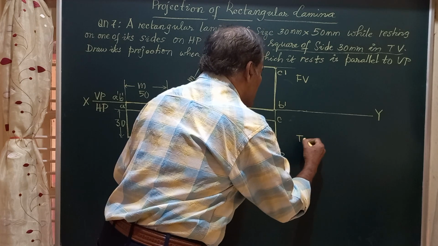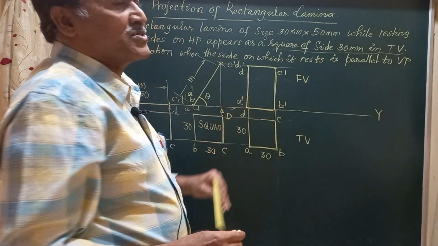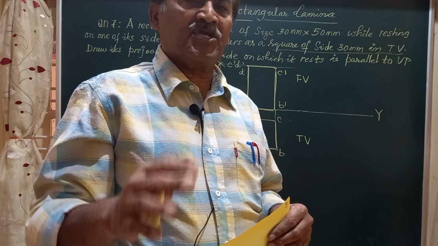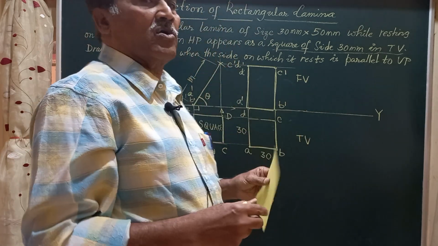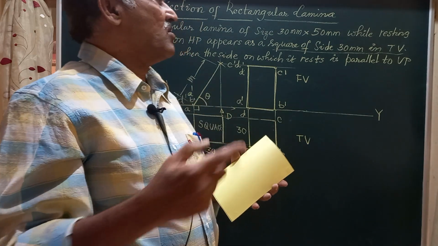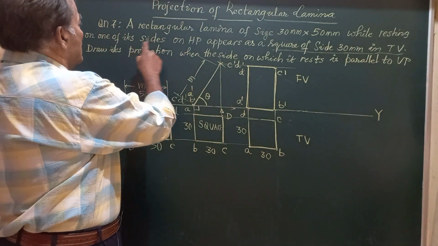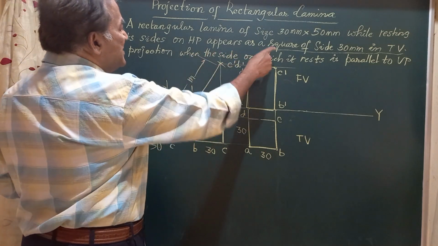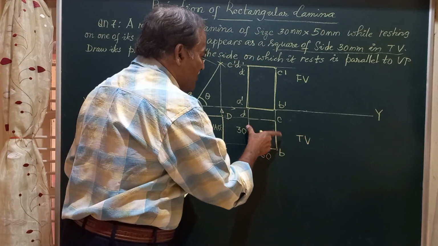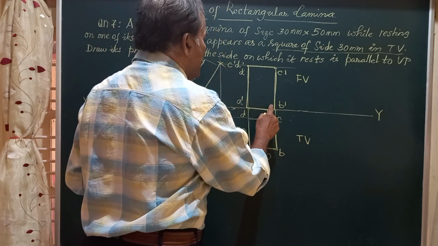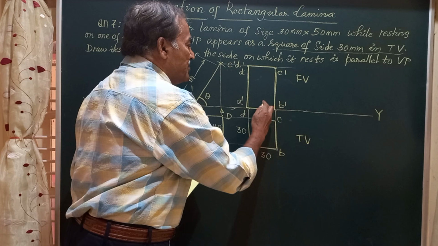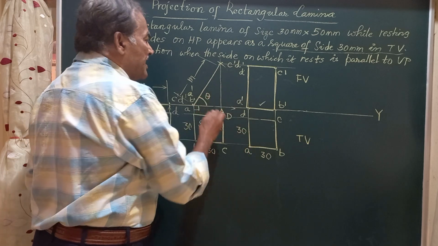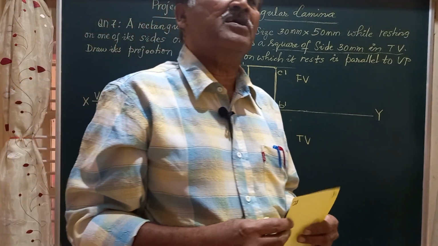this is the final top view of the lamina. This is the solution for this rectangular lamina. Friends, after completing the solution, as a check, let us see whether the solution we have got satisfies all the requirements of the question. See, the lamina has to rest on one of the sides, that side AB is here, and it has to appear as a square in the top view. Yes, in all these, we have got a square. And the lamina is resting on side AB on HP, hence it is seen as A dash B dash in the front view. The edge C dash D dash is above this, and this angle theta which the lamina makes with HP can be measured